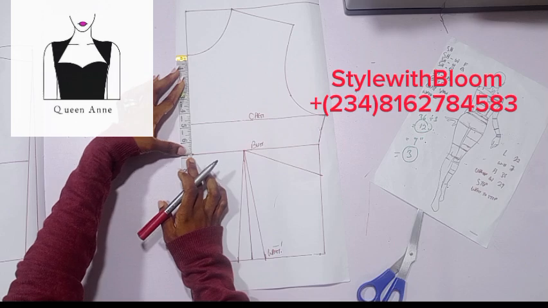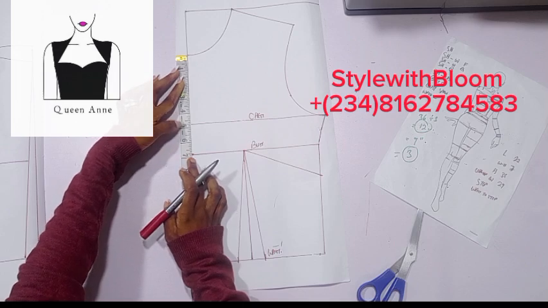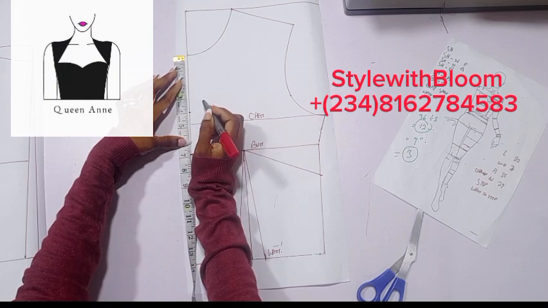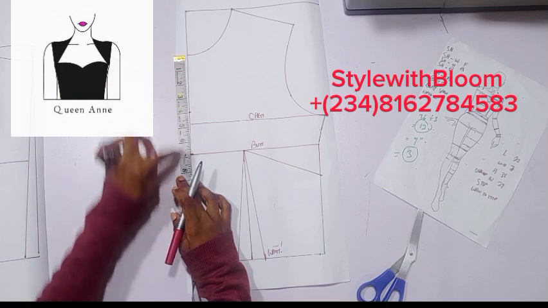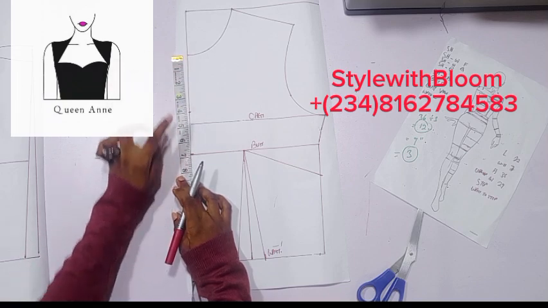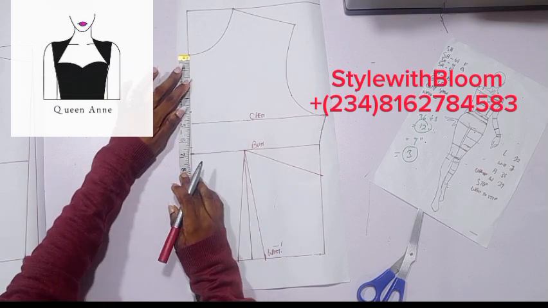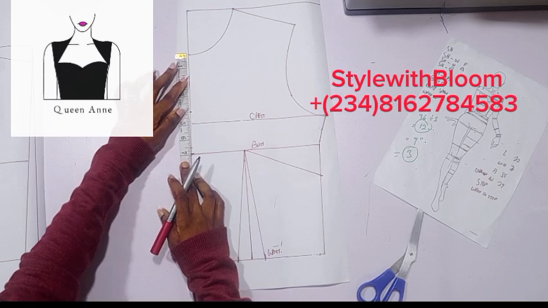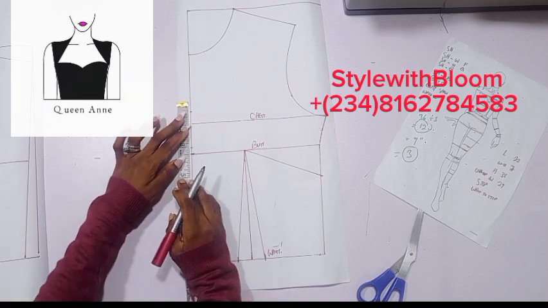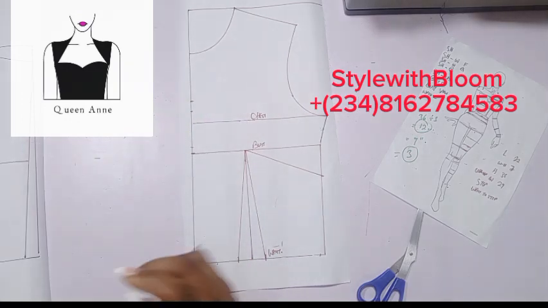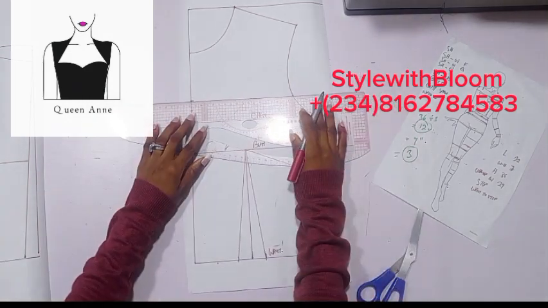and then when I come down to my bust line, I want to go up by a minimum of 3 inches. Now I can make this up to 4. Here to here is 7, or let's do here to here 6.5. So maybe half an inch above my bust line, and then I'm going up by 3 inches from the half an inch above my bust line, and this becomes my over bust line. So if you're looking for how to get your over bust line, that is how to go about it. So you draw that across your pattern